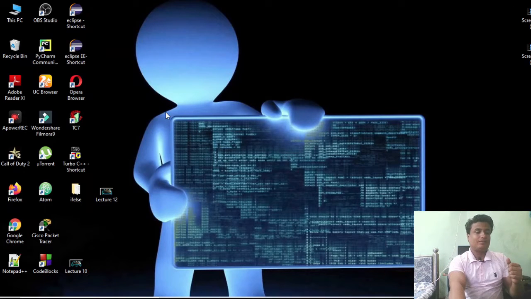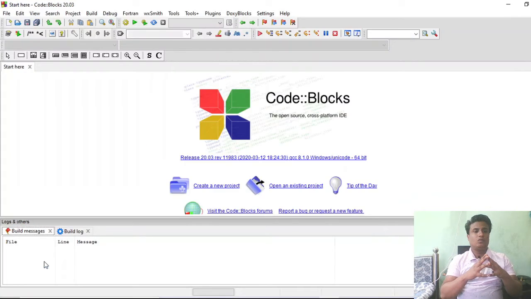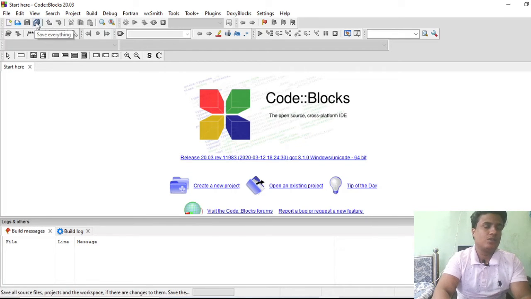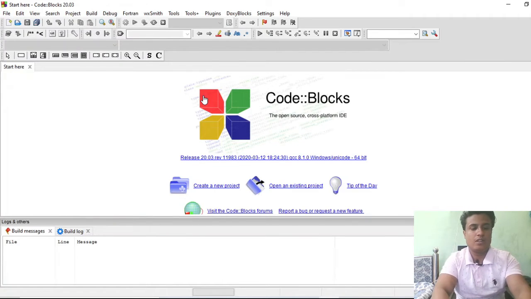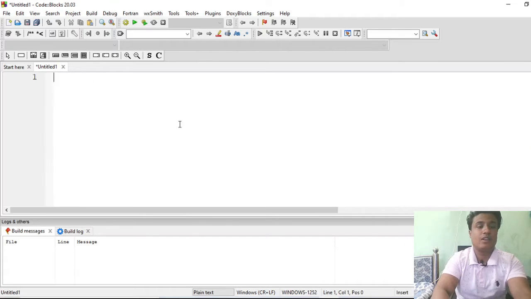Let me double click on the Code::Blocks option. Now our code block has opened. First of all, let me create a new file. Remember the shortcut Control Shift N. A new file will be created.